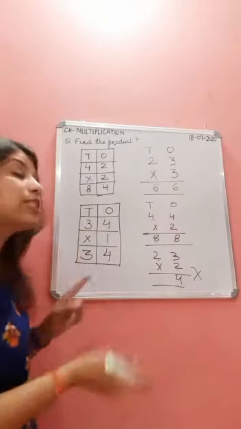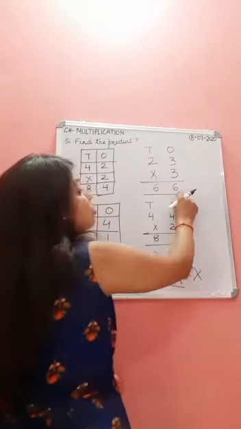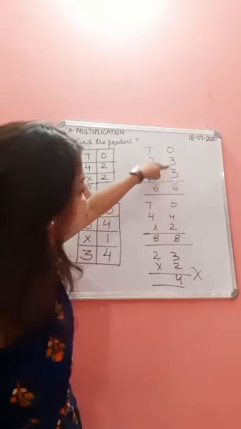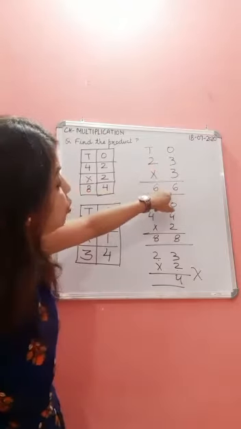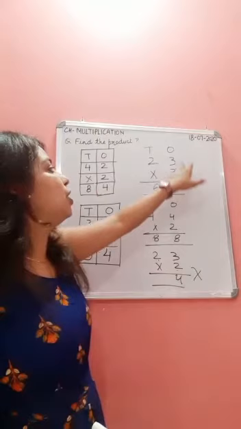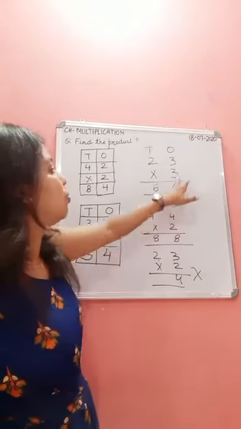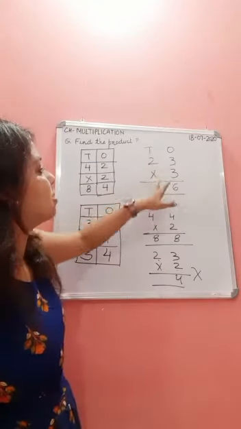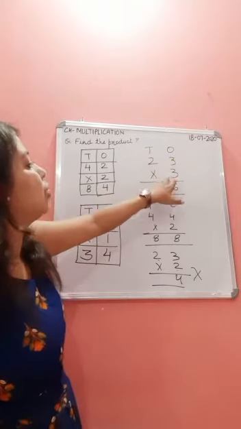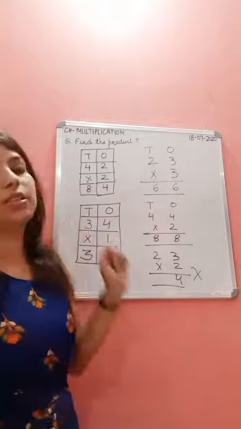When you say the table for the ones position, write it on the ones place value. This number is on the ones place also, so you have to write the answer on the ones place, not on the tens place. So 3 3s are 6 on the ones. Now 3 2s are 6 on the tens, because 3 3s are 6 on the ones we have. Now 3 2s are 6 on the tens we have. So write 6 here.